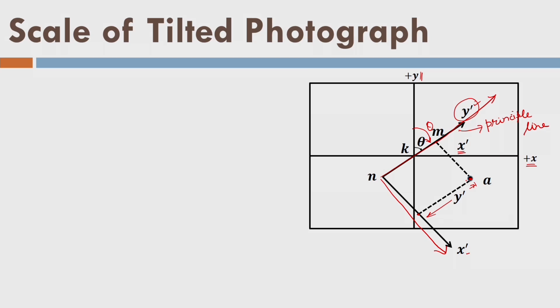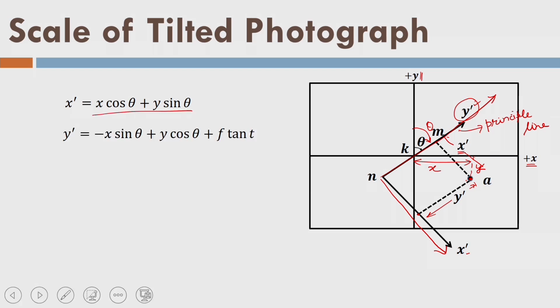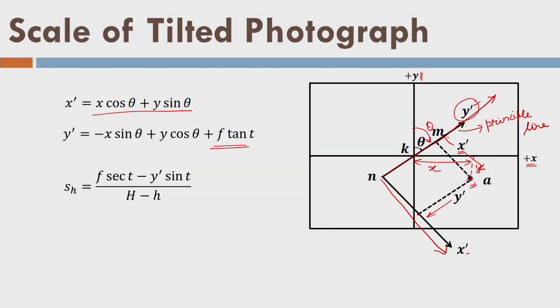So, now I have to correlate the image measurements x and y to x dash and y dash. This is y for this point and this is x for point A, and this is x dash from here to here and this is y dash. So, now by simple transformation, I can write x dash and y dash equal to this, plus this term will also come because the image plane is tilted. In the last slide, there was a term mn, which is equal to this distance y dash. So, I am putting the y dash here instead of mn, and y dash is given by this.